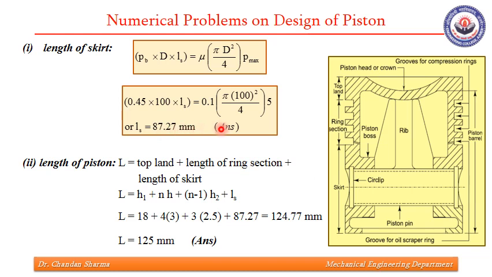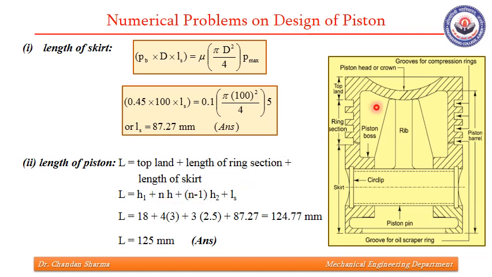Now we need to find length of piston. You can see that this length of piston comprises of this width of top length, then comes this ring section, and then the length of skirt. We have already found this length of skirt. Top length width is given to us, so we need to find this length of ring section. Ring section will be number of rings into h, which is axial thickness of rings, plus n minus 1